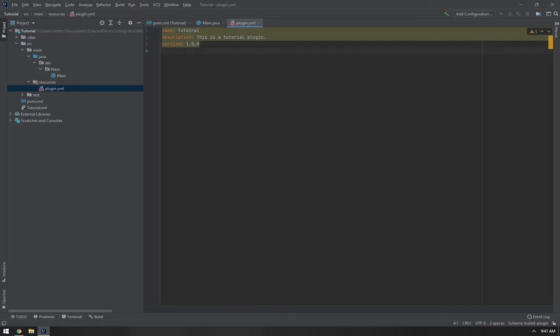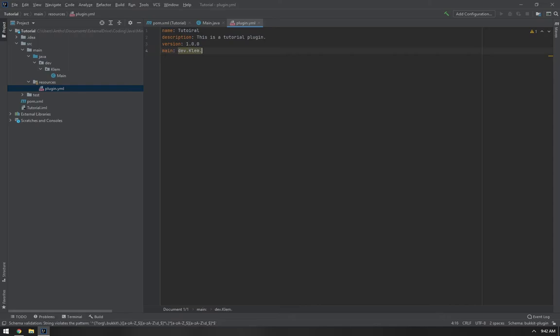So there's one more thing that we're going to need to add, and that is the main, which is what the plugin looks for in the classes to run whenever the plugin is loaded. For us, it's going to be dev.clem.main. To make sure that you don't get any conflicts, we're actually going to change this. We're going to do your organization ID, and then we're going to put tutorial or the name of your plugin